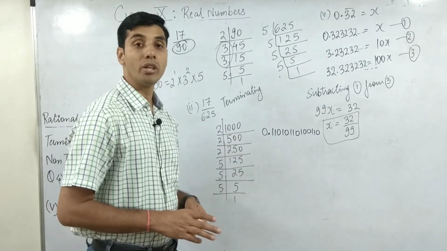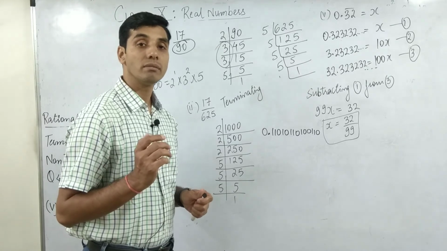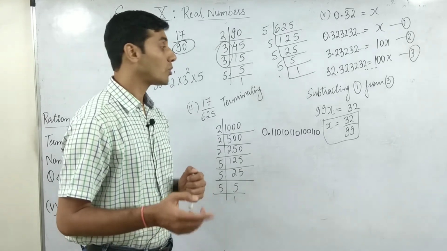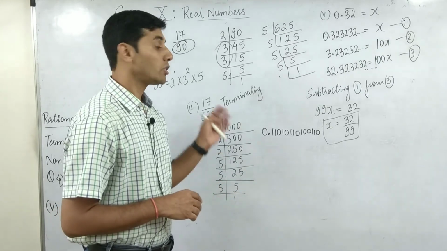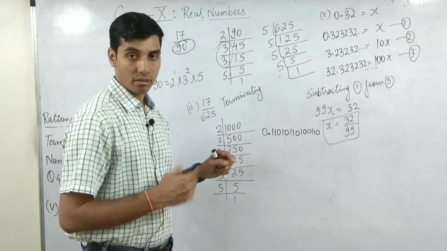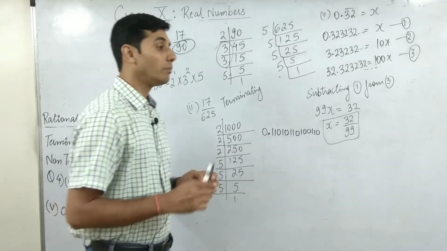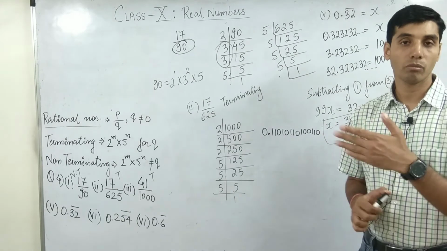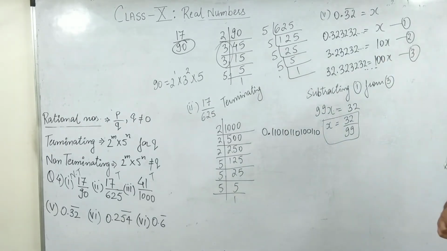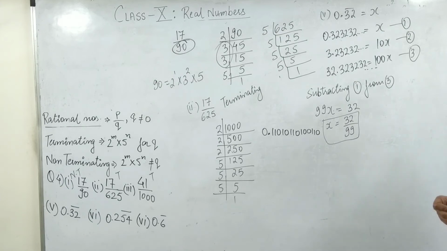तो जब भी कभी कोई non-recurring numbers आते हैं then of course they are known as irrational numbers. और जो भी terminating numbers होंगे they'll be known as rational numbers. जो non-terminating and of course non-recurring होंगे they'll be known as irrational. But जो non-terminating but still if they are recurring then it will be known as rational numbers. Pay attention. ये भी हो गया. Next पर आता है. Question number 5 is done.